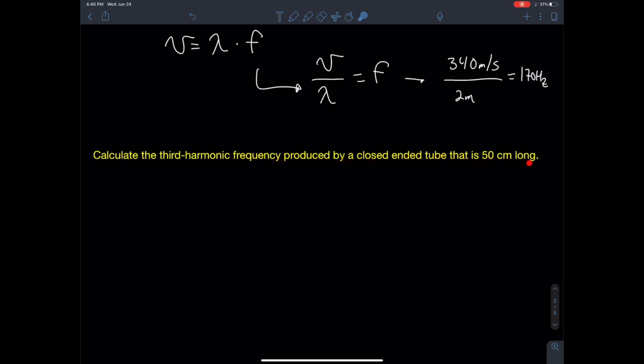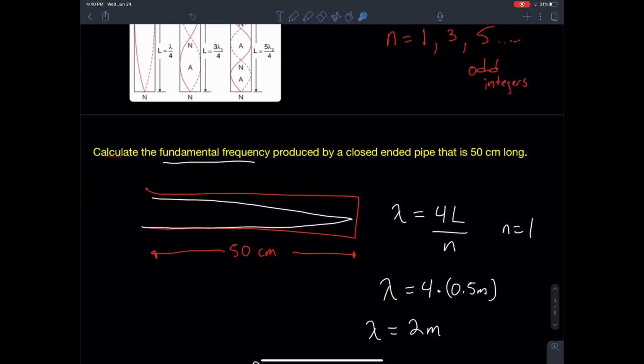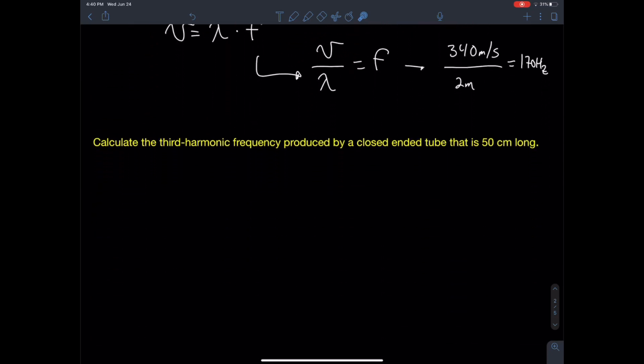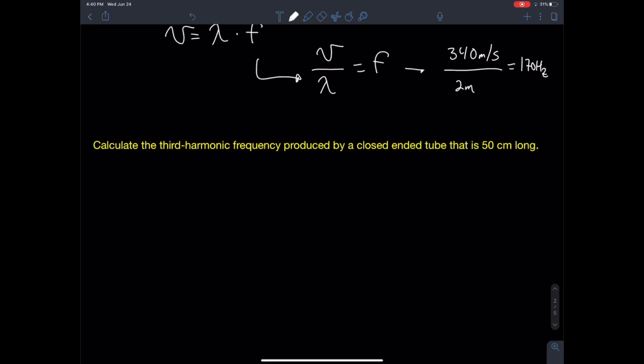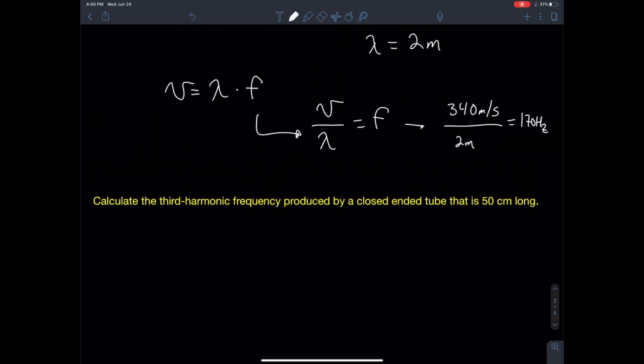The next question says, calculate the third harmonic frequency produced by a closed-ended tube that is 50 centimeters long. The easiest way to do this would be to take 170 hertz and just multiply it by 3, because that's what the formula says. So I would be able to just take 170 hertz times 3, and that would give me the third harmonic frequency. But I want to take it slow,